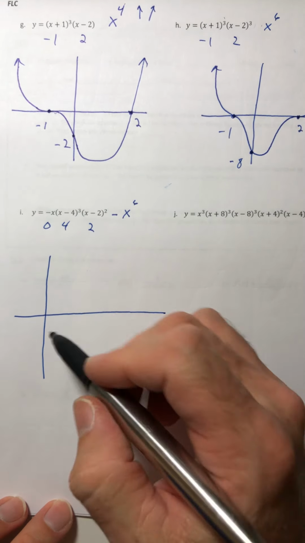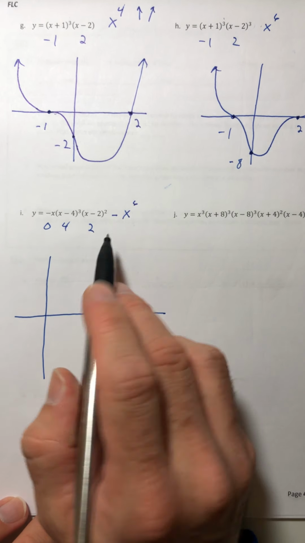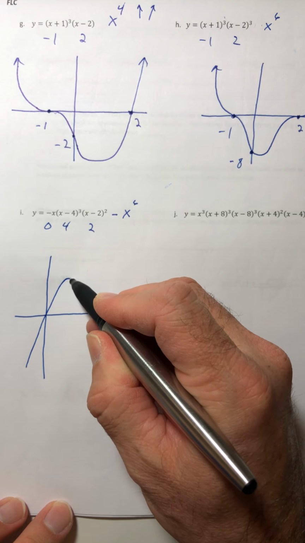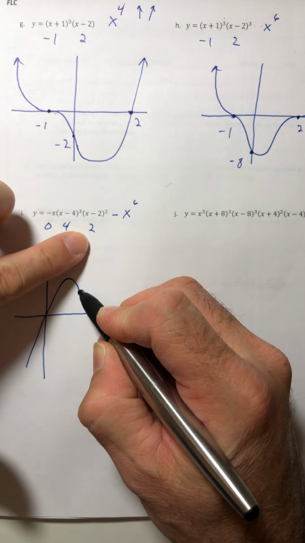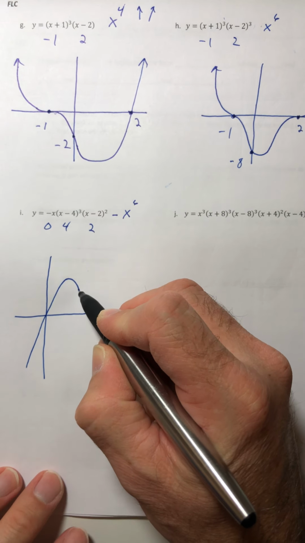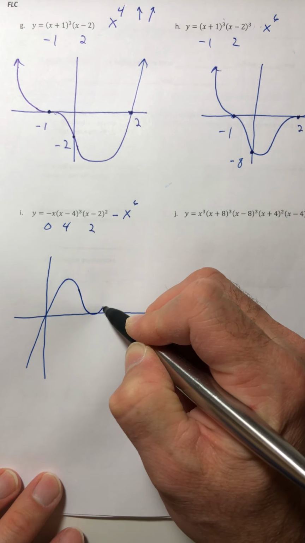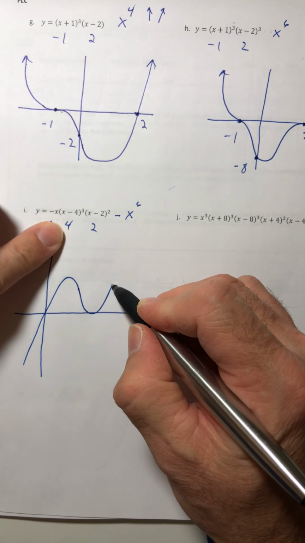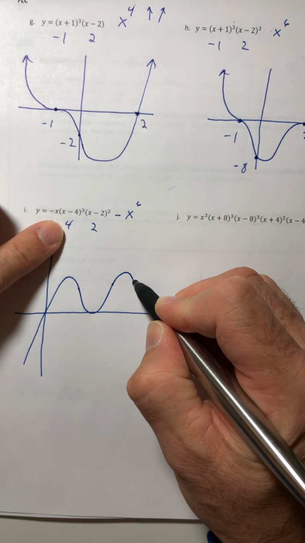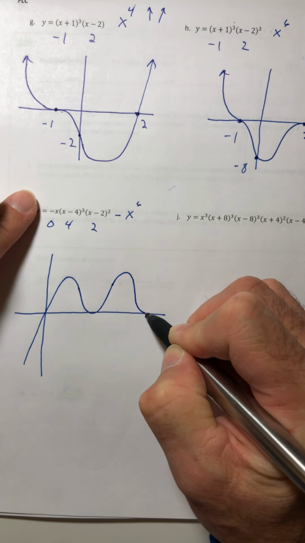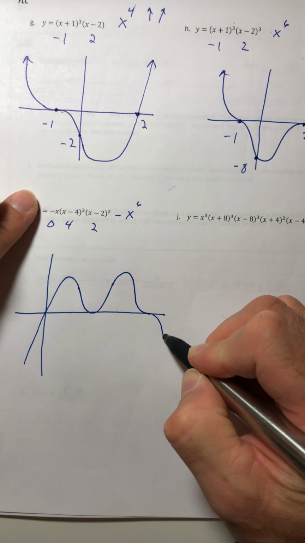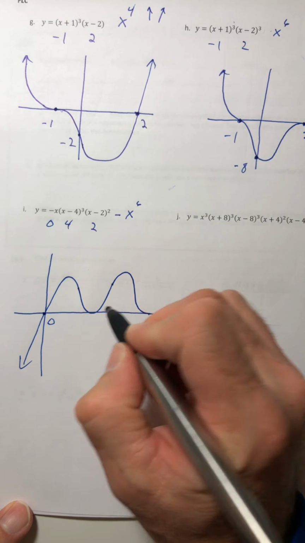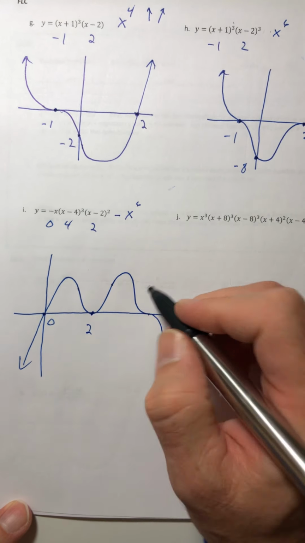Okay, so the 0, nothing special, and that's the first intercept in numerical order. So we're going to come in, just go through the 0, go through the origin, curve it back around, and now you're going to go through the +2, and you're going to bounce it. So bounce. But now it has to come back around to go through the +4, and you've got to slide it. Okay. So 0, +2,